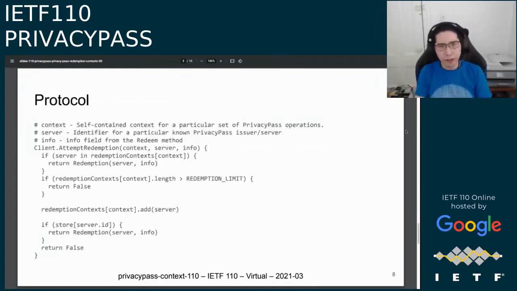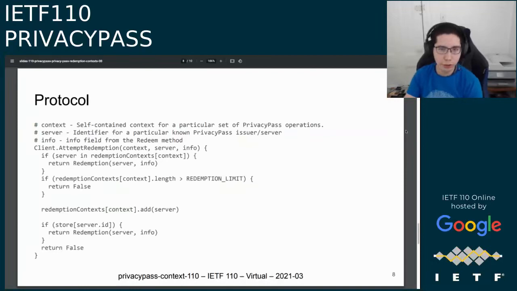So to actually add the concept of a context into Privacypass, there's a lot of architectural things that would be useful to talk about, how the privacy math looks and the sorts of recommendations based on the size of your context, what your privacy goals are. But there's also some protocol changes that would make it easier to maintain context. In this example, there's the addition of a new layer above redemption that keeps track of what sorts of issuers you're using in particular contexts, using hard-coded limits that we suggest in the architecture draft to limit how many different issuers get used, and